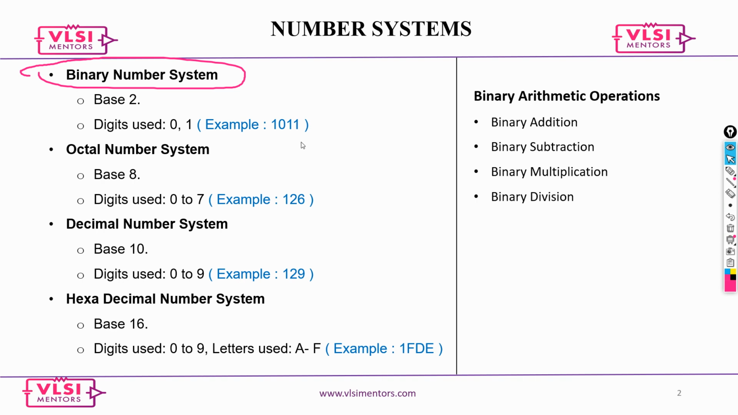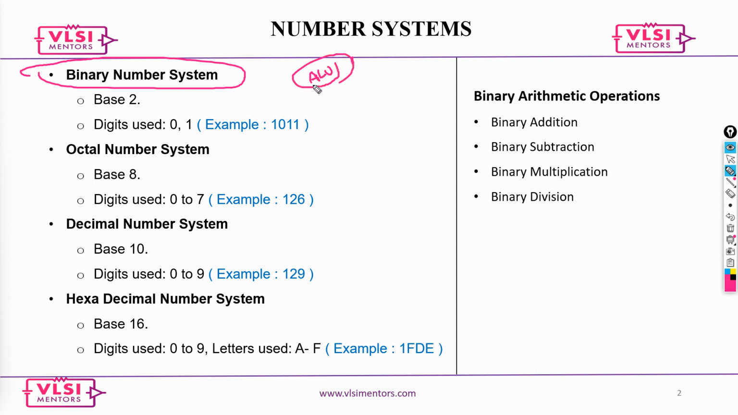Why are these all important? These are important because all the operations happen based on this number system, as simple as binary operations. Any CPU or ALU operation that happens